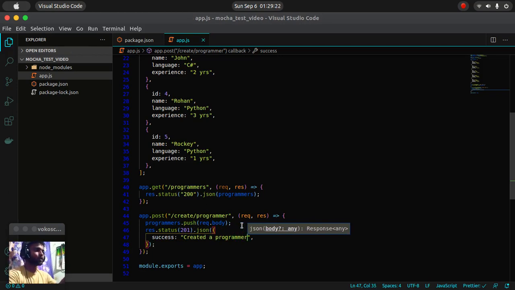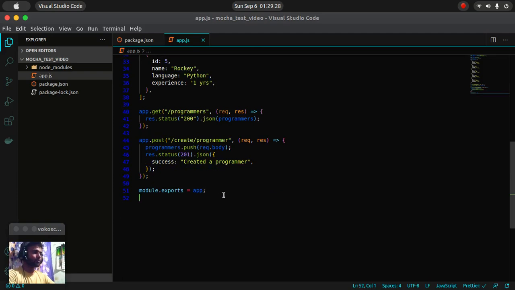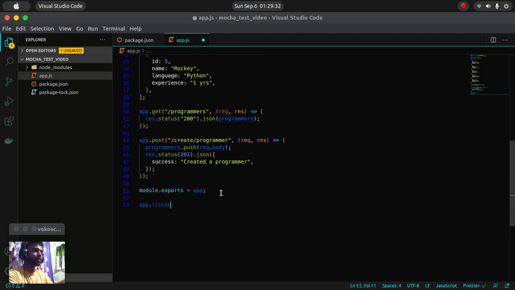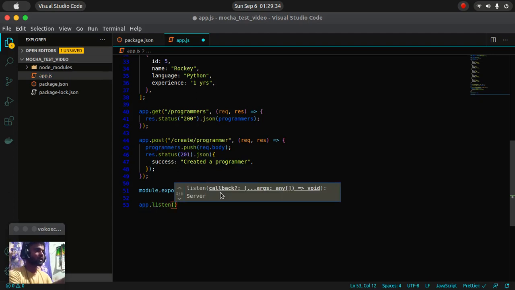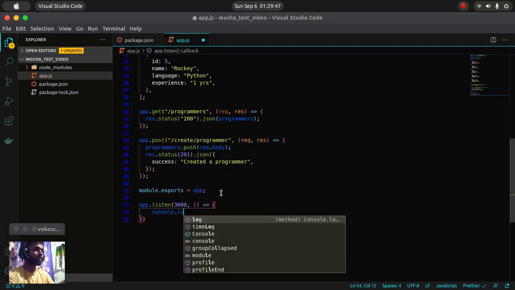Okay, so this is pretty much it, and we can add get the programmers and create a product programmers. Hope you got it. So we need to just run that app also for testing. That thing is cool right now. And in here, we are just going to pass the callback, and just here we can simply console.log